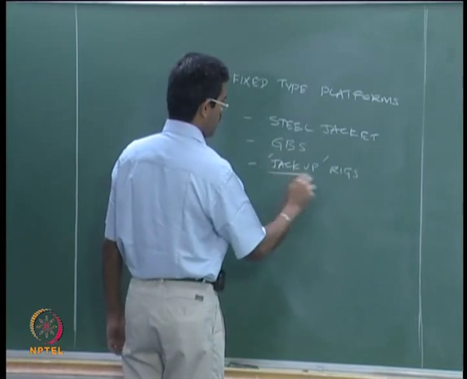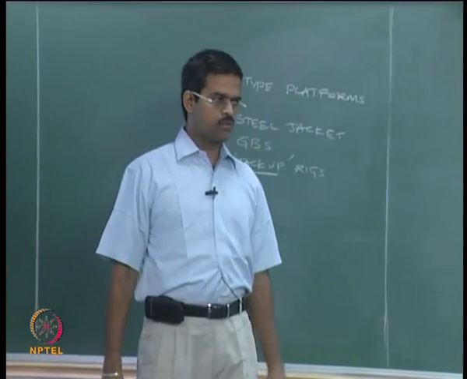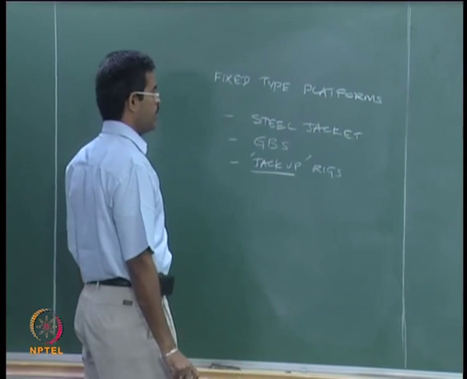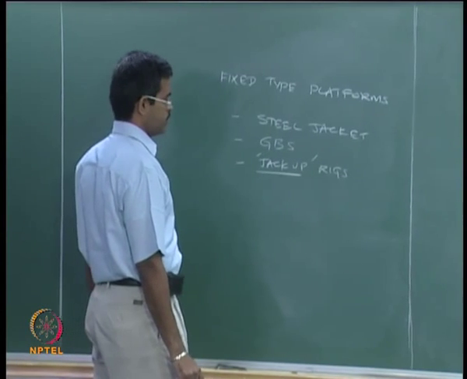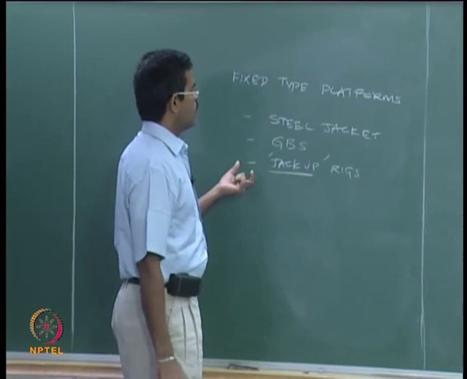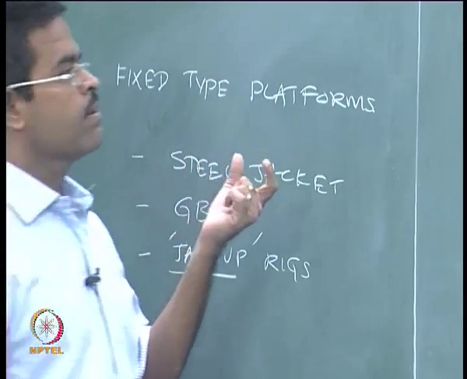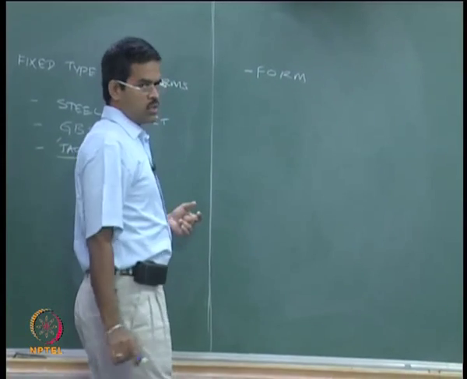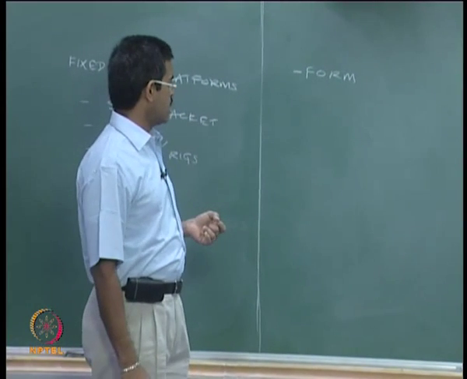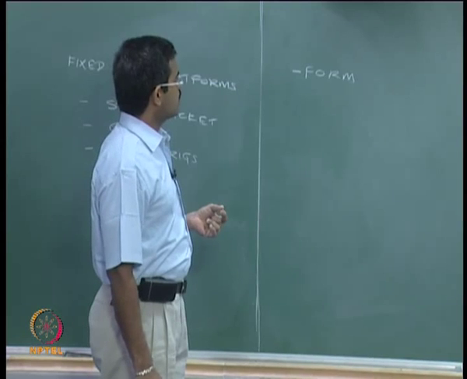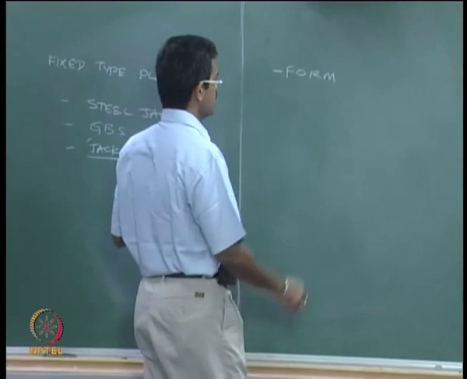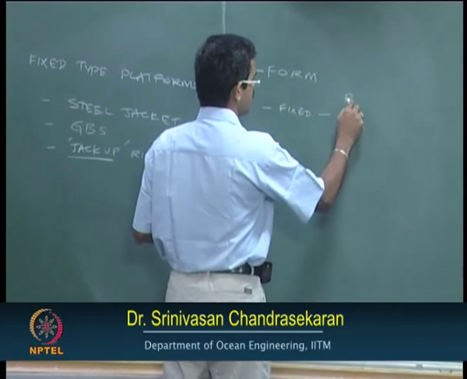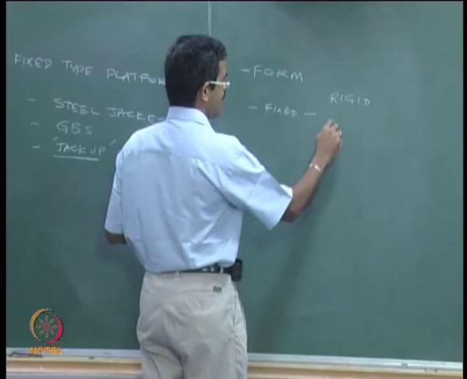There is a specific reason why we call this a jack up rig, because we are lifting the hull or the working hull and founding it in the soil using the steel lattice towers. We made a very brief summary of the fixed type category of platform, saying that when you design an offshore system, you focus on a different form which can cater for different kinds of sea states and water depths. The fixed type is one of the forms which has a rigid base, so it attracts more forces.